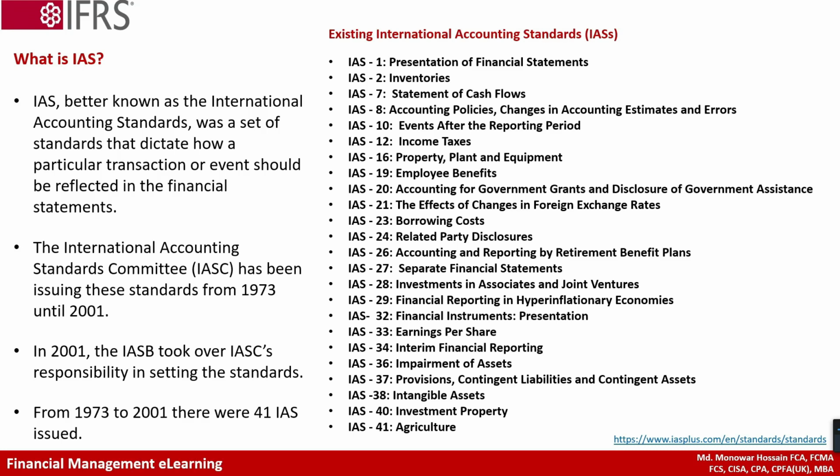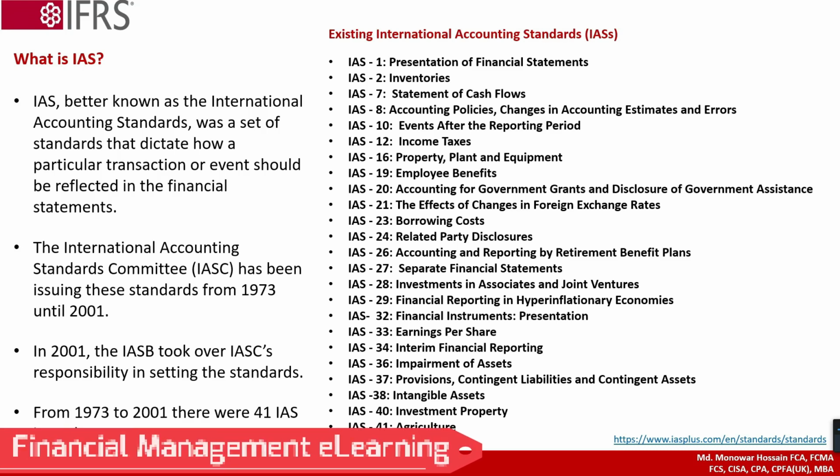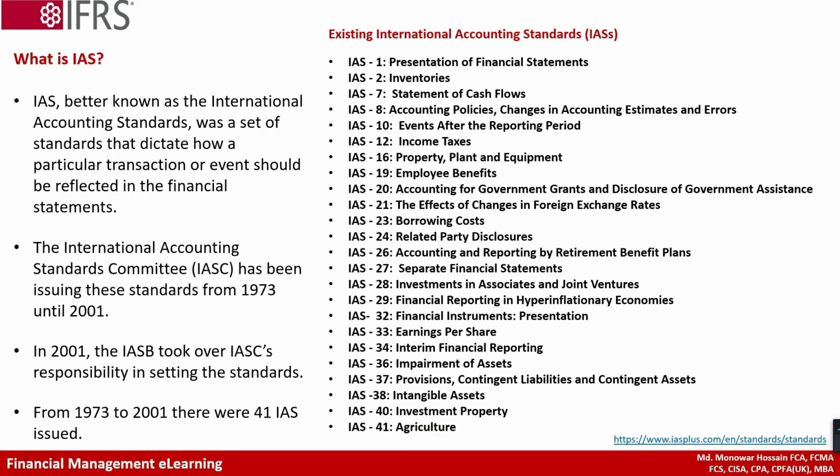Existing International Accounting Standards are IAS 1, Presentation of Financial Statements; IAS 2, Inventories; IAS 7, Statement of Cash Flows; IAS 8, Accounting Policies, Changes in Accounting Estimates and Errors; IAS 10, Events After the Reporting Period; IAS 12, Income Taxes; IAS 16, Property, Plant and Equipment; IAS 19, Employee Benefits; IAS 20, Accounting for Government Grants and Disclosure of Government Assistance; IAS 21, The Effects of Changes in Foreign Exchange Rates; IAS 23, Borrowing Costs; IAS 24,